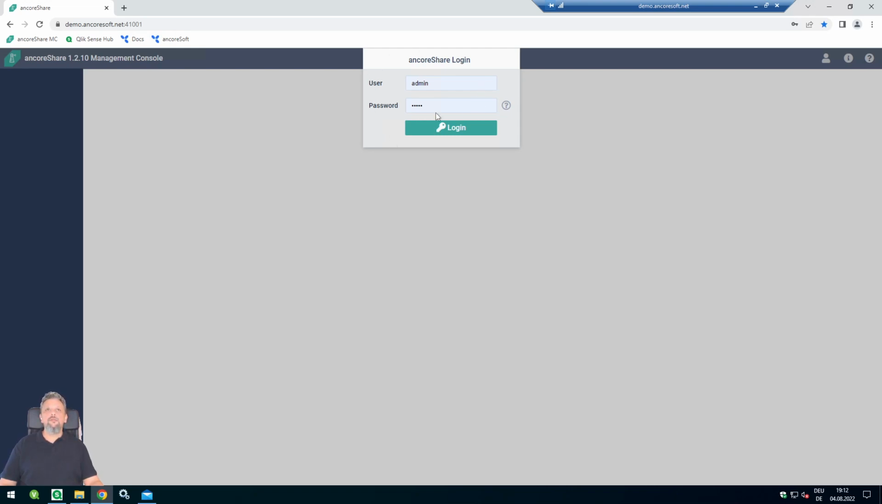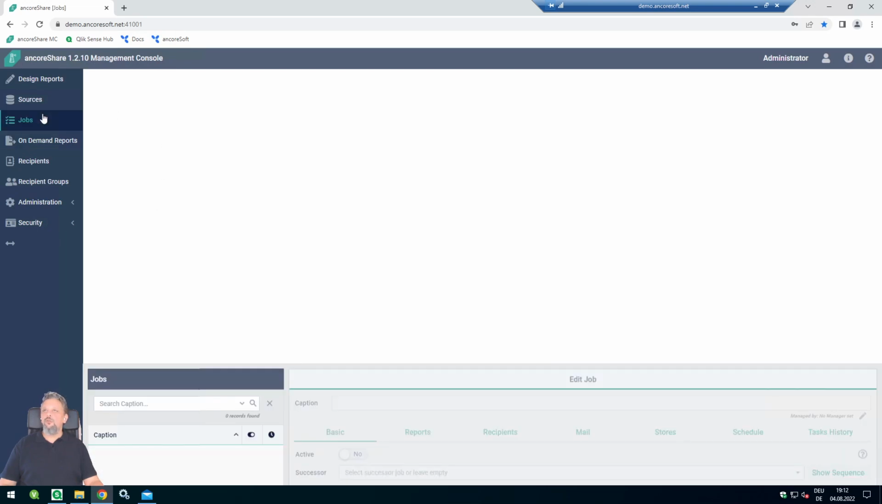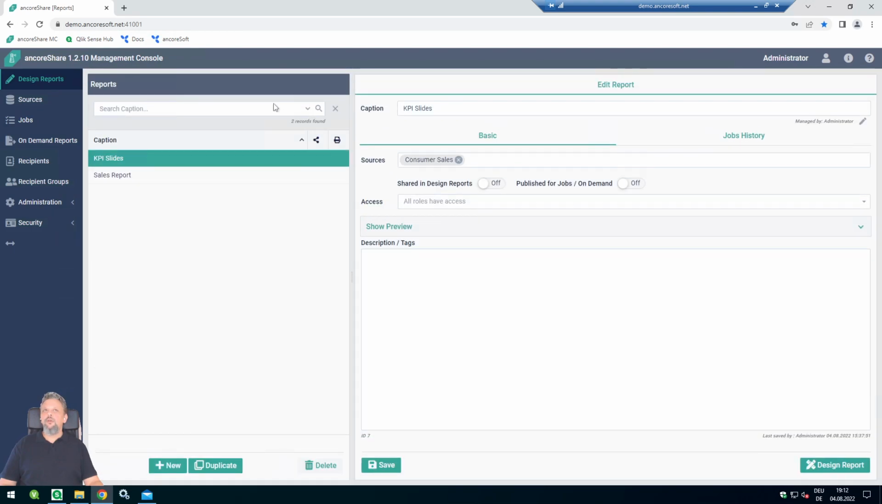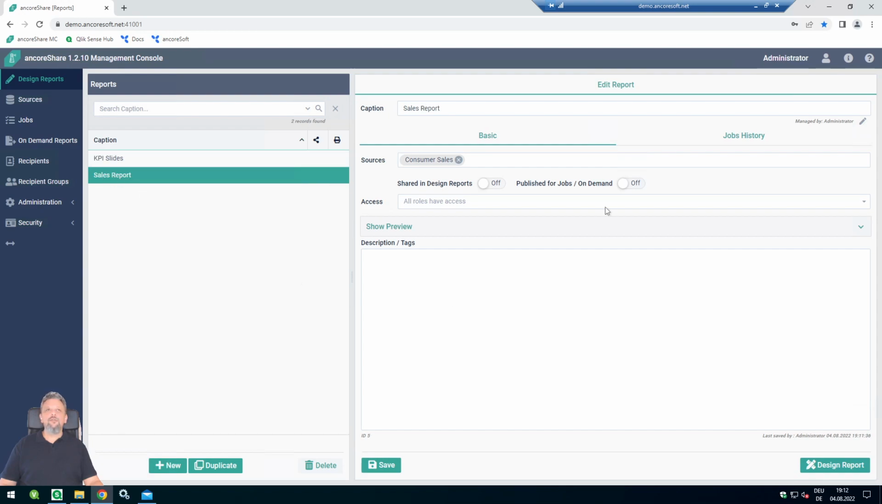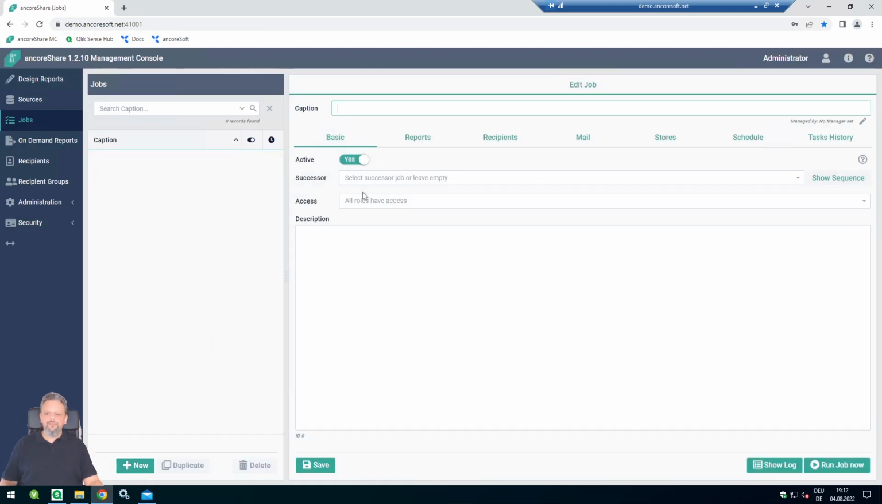And as always, we're going to log on to our ancoreShare management console. Before we can add new jobs, we need to have at least one report which is enabled to be published. We're going to use the sales report, enable, save, and we can go to jobs, create a new job,